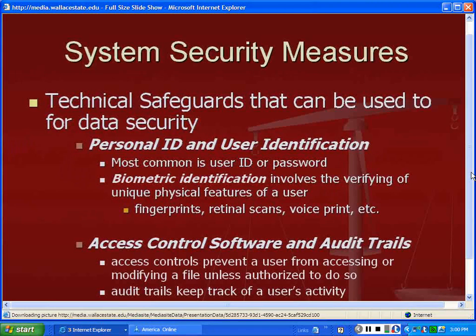Now, access control software and audit trails. Access controls prevent a user from accessing or modifying a file unless authorized to do so. So once the person's in the system, with their password or their biometric identification, it doesn't give them free rein to go everywhere in a system. People who work in a particular part of the hospital should not be able to log in and go to the medical record and look at it. Maybe people in the business office,